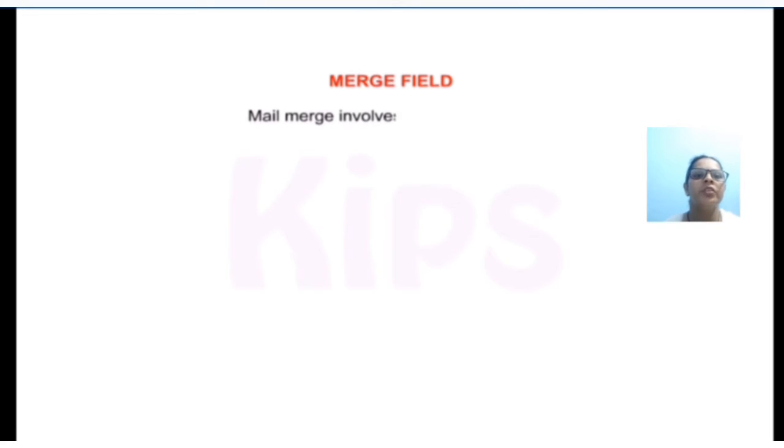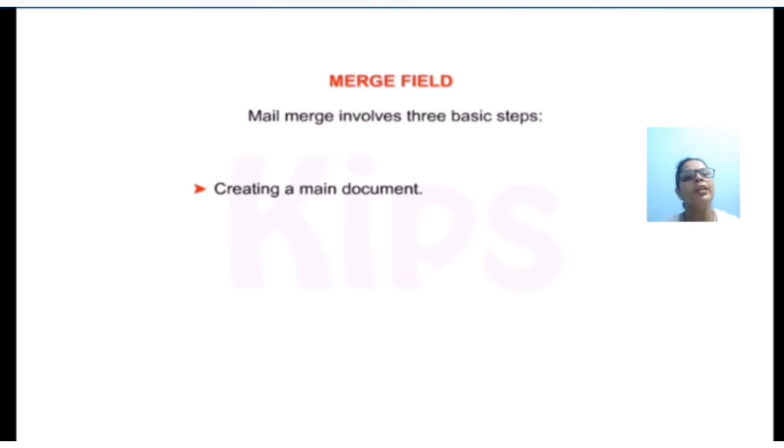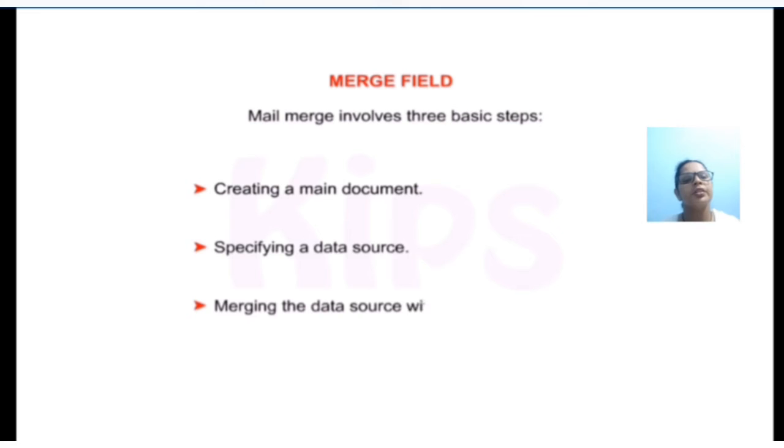Mail merge involves 3 basic steps. First is creating a main document. Second is specifying the data source. Third is merging the data source with the main document. So only 3 points are the main ones in mail merge.